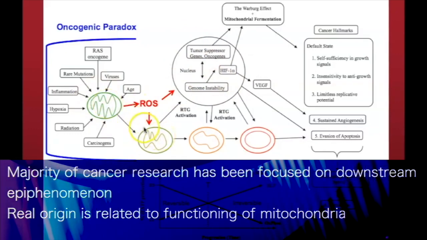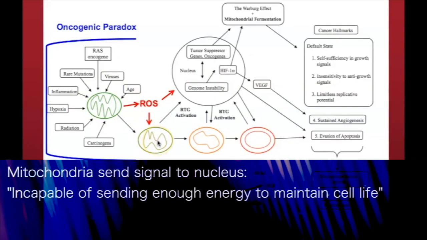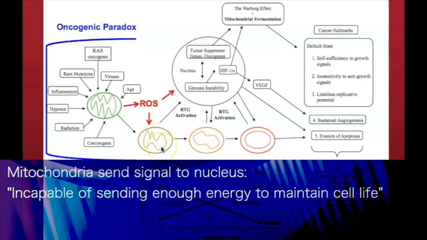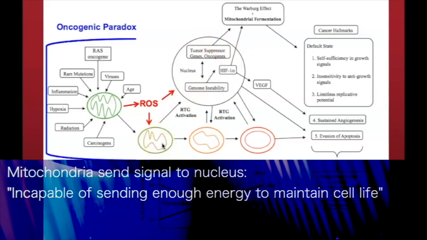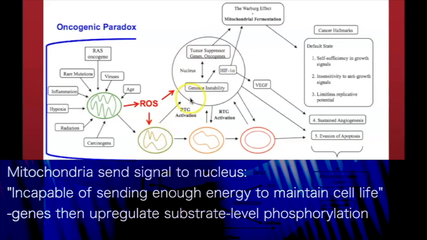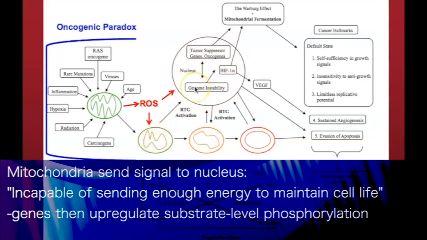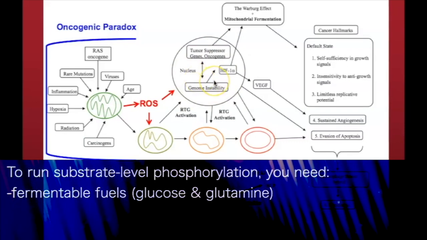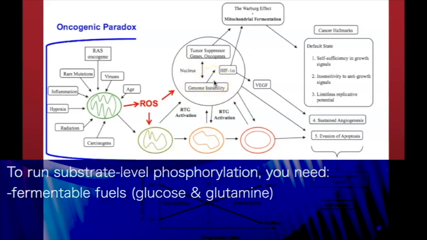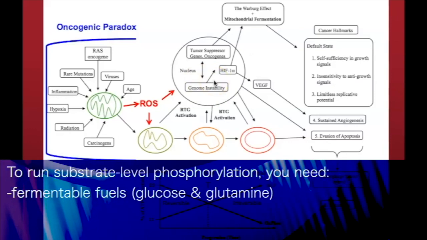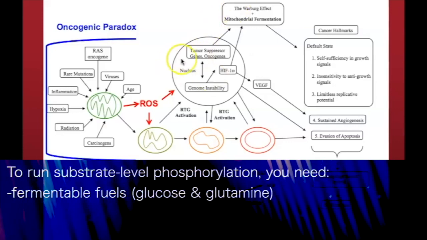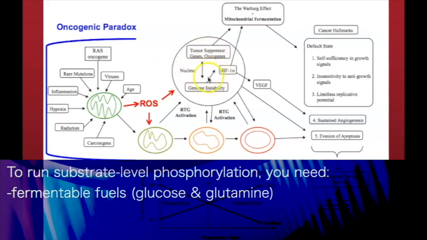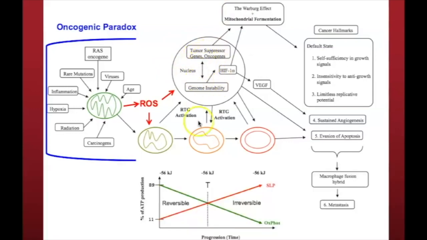Now, interestingly enough, the ROS also damage oxidative phosphorylation. The mitochondria send a signal to the nucleus that the organelle is incapable of providing enough energy to maintain the life of the cell. This signaling system then turns on genes in the nucleus that upregulate substrate-level phosphorylation, like HIF1 alpha and MYC. So in order to run substrate-level phosphorylation, you need fermentable fuels, and the fermentable fuels are glucose and glutamine. So the mitochondria signal the nucleus, which begins to upregulate pathways and transporters to bring in glucose and glutamine